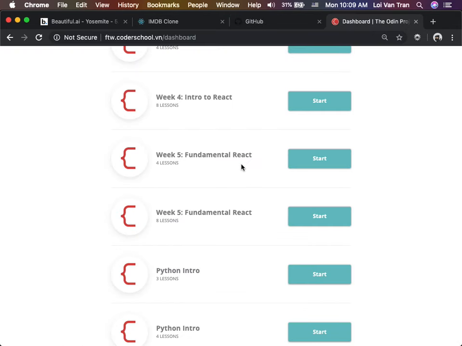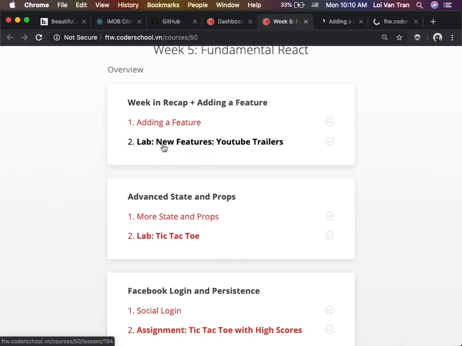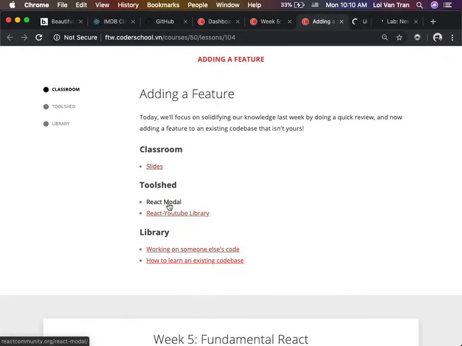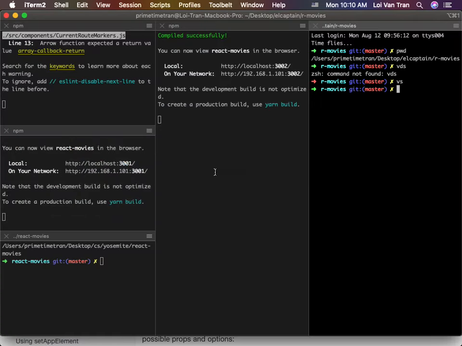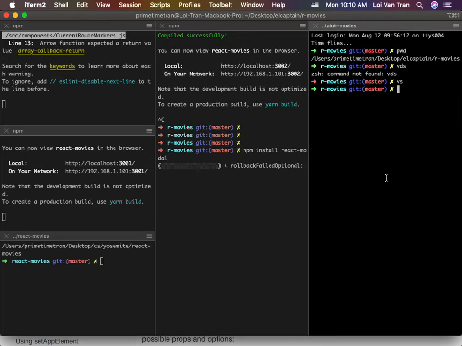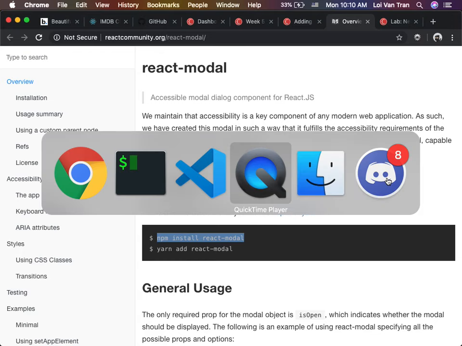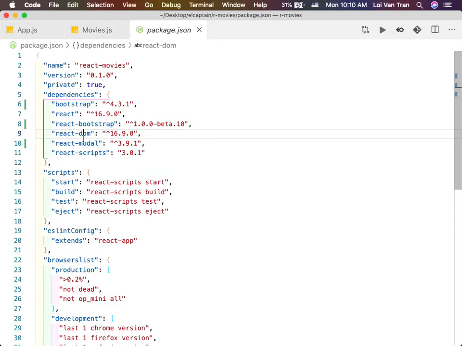So yeah, we're talking about how we're gonna use a modal. There's a different one he wants us to use, this one. All right, so this is the one we're gonna use. So we're gonna stop our server, install the library, and you guys can check that your package has successfully installed by opening up your package.json. We should see something in here that says modal momentarily. And there it is, modal on line 10.